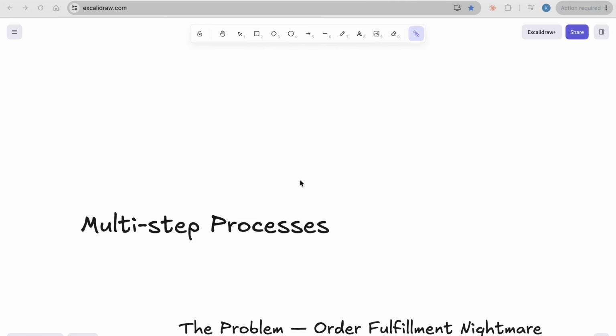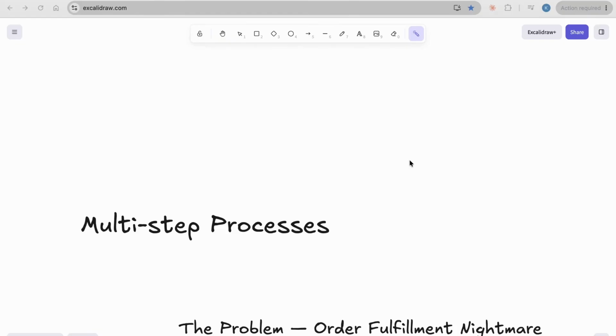So let's try to understand why it is so hard to build in real production systems: because they must survive failures and retries and long running operations waiting for hours or days.